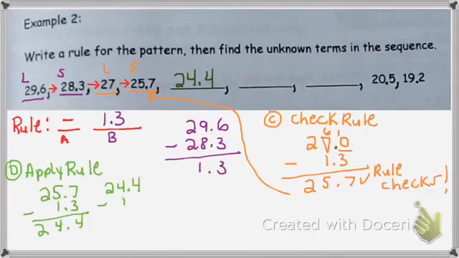24.4. I'm going to rewrite it because I ran out of room. Minus 1.3, lining up my decimals. 4 minus 3 is 1. Bring down the decimal. 4 minus 1 is 3, 2 minus nothing is 2, and write that up on my next blank. And again, I don't have room to do underneath, so I'll rewrite the 23.1 minus the rule, which